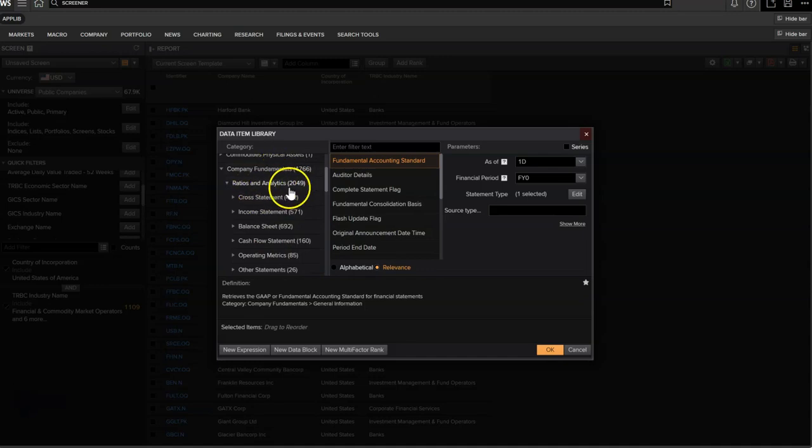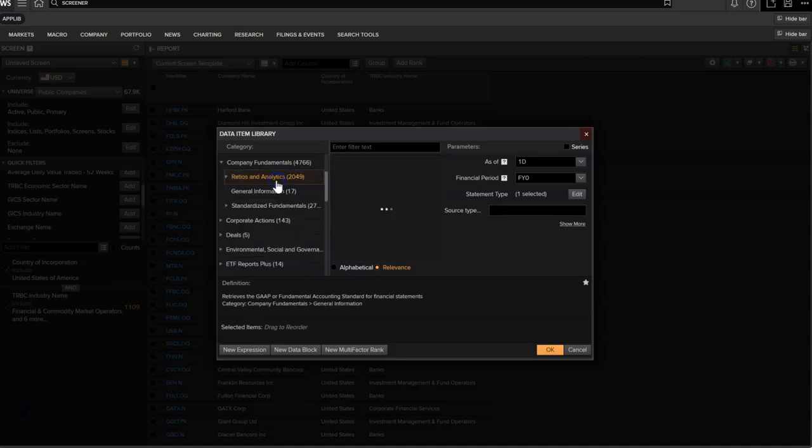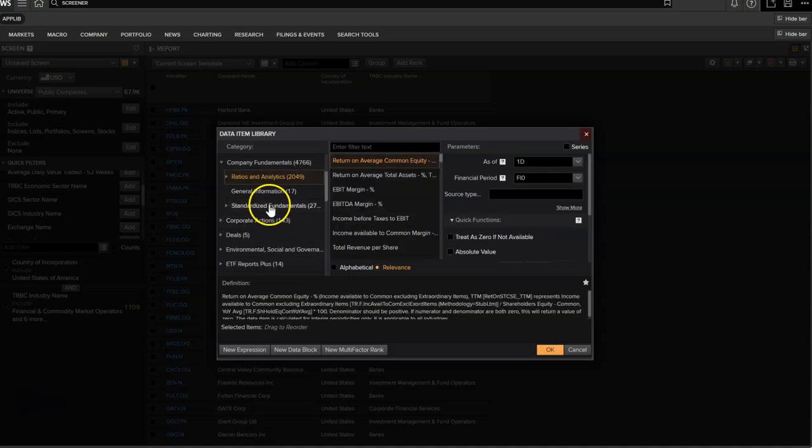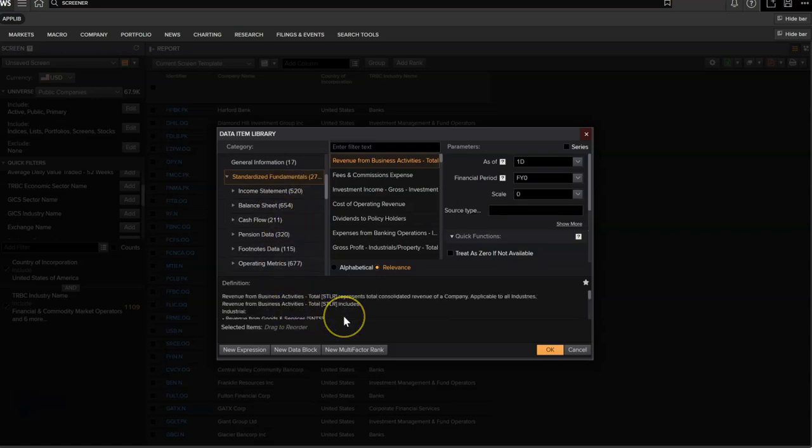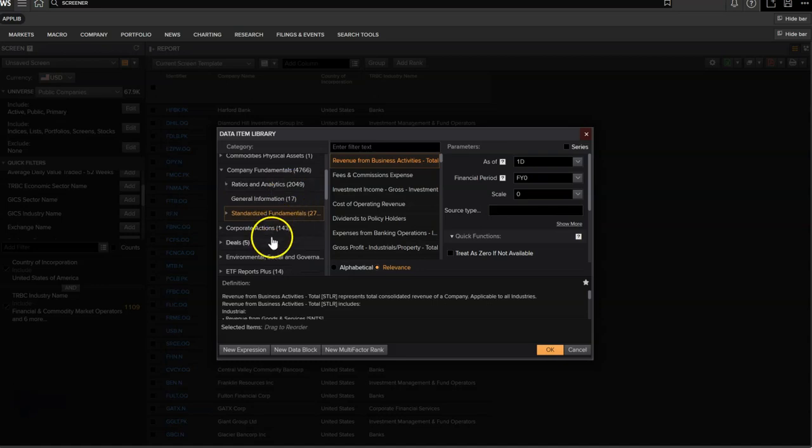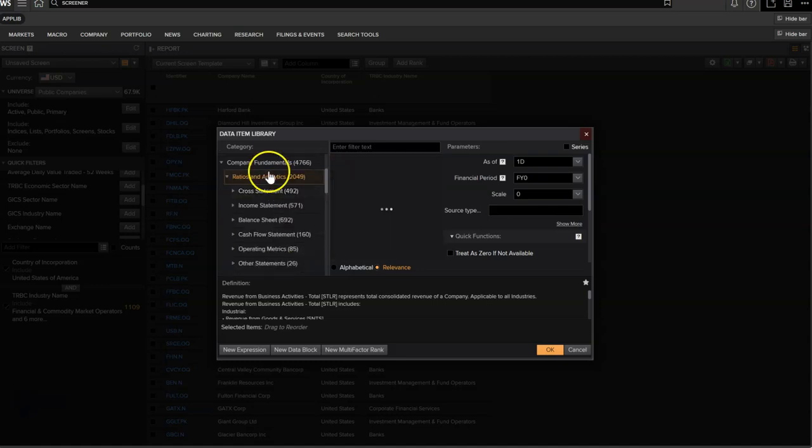Under here, the ratios are where you get all the different types of ratios that people use in their research papers. Then standardized fundamentals are also ratios, which are standardized based on industry practices and national accounts. So these are the standardized fundamentals. These are the generic fundamentals. Then you have